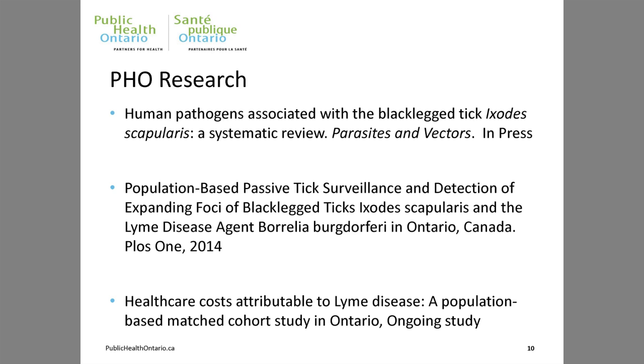We also do research, so we take the data we have and work with colleagues to produce different things. For example, one of the papers we just had out is in Public and Press. One of our colleagues looked at human pathogens, what pathogens are associated with black-legged ticks. We did a survey and a literature search, looking at what's happening within an Ontario and North America setting. We did some population-based work, looking at where the ticks are occurring, where the Borrelia is, and what the prevalence is in the different parts of the province based on the tick data we get.